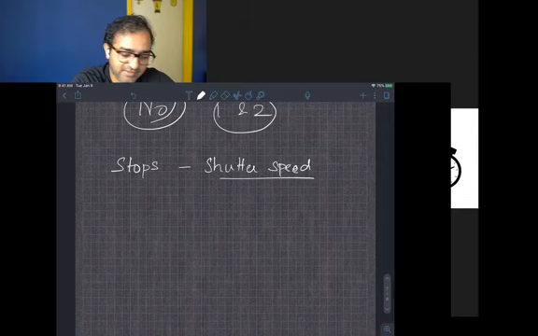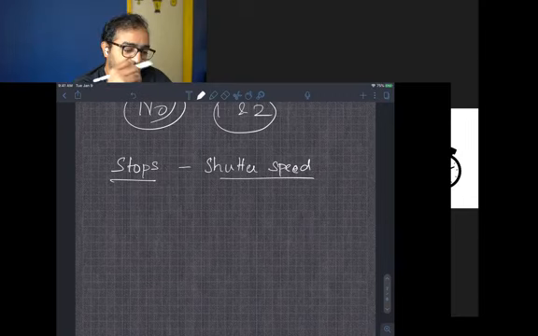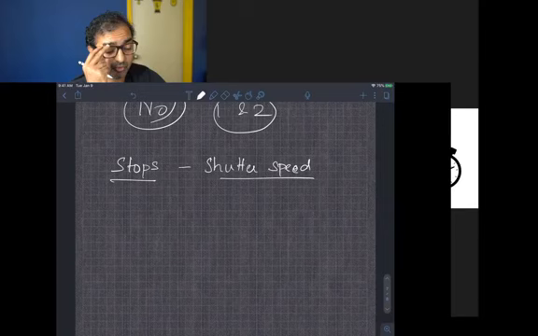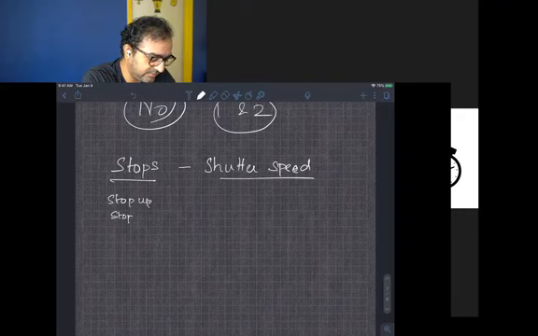We know what stops are. Stops are a way of communicating relative exposure. It's a way of communicating, okay, this is the exposure, I wanted to make it twice as bright. This is the exposure, I wanted to make it half as bright. So that's what stops are there for communicating. Remember, we talk about it as stop up and stop down.